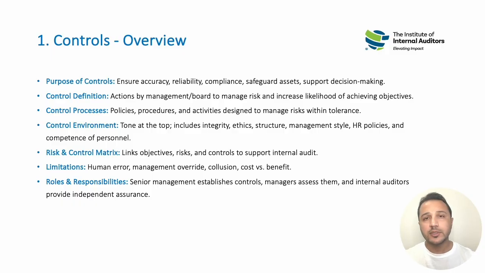In terms of processes, what are the key things that we use to have controls? We use certain policies and procedures, because these policies and procedures guide us on how to do the job in a way that mitigates the risk of going wrong in achieving any objectives.